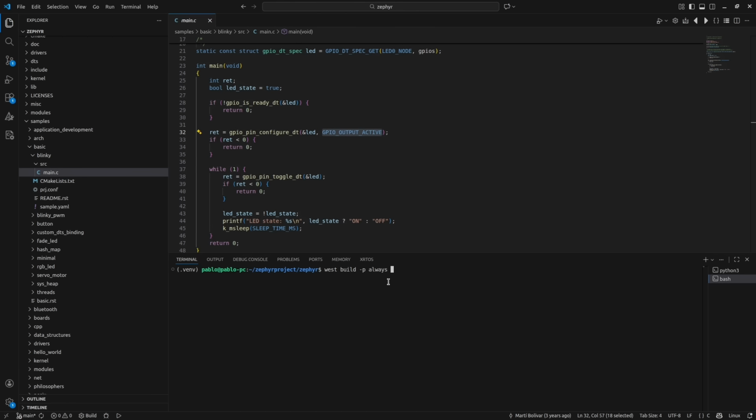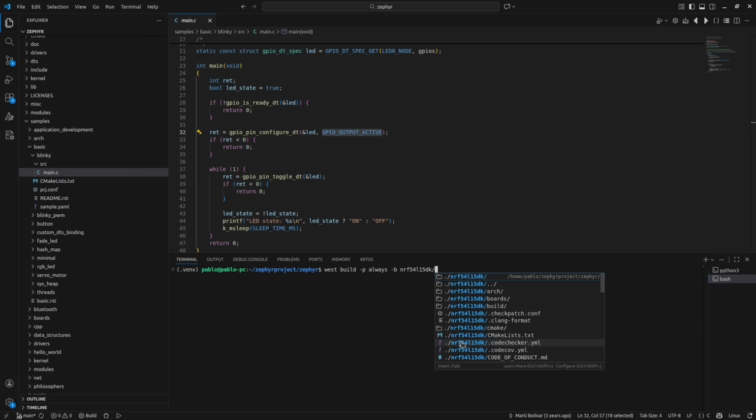Now we specify the board that we are targeting for our application. For this, I will pass this command with the board that I'm using for this test. It's a development kit from Nordic.